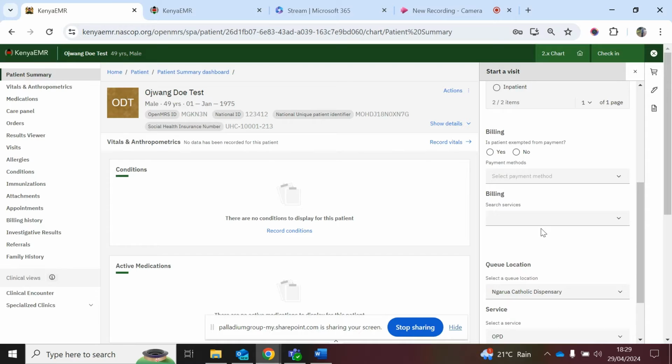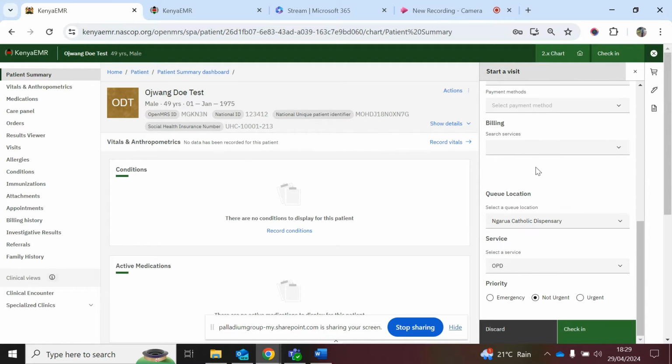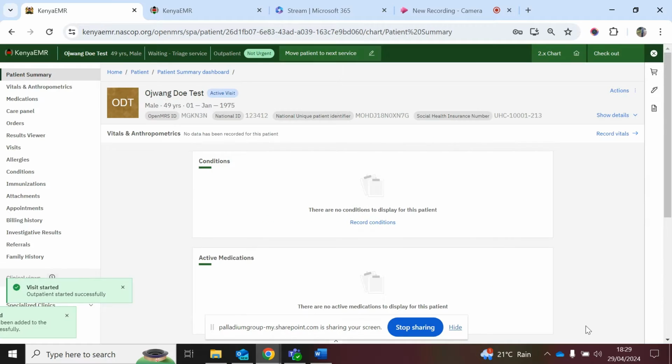But for the case where we have HIV, we have a question: is the patient exempted from payment? When you say yes, then you don't need to fill in the payment methods or the billing for the service, but get to the queue location and specify where the client is moving on to. You can say it's the CCC, and we specify the service the client will start with. Then we can check in. When you check in, you can see the visit was started successfully, and then we can start recording